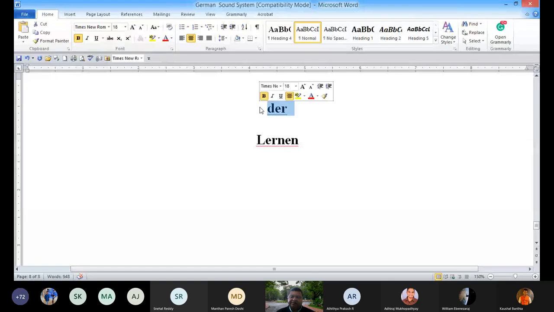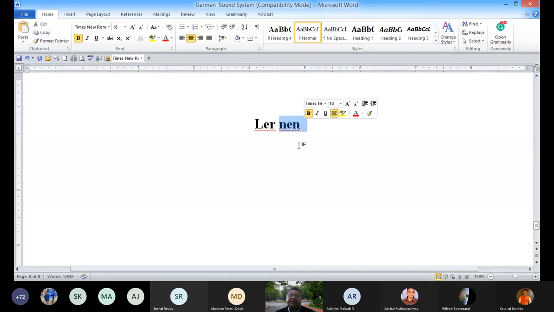Similarly here, the German word LERNEN. If you start pronouncing, you are breaking it like this: ler-nen. Now, when you break it into 2 syllables, as per rule, this NEN is the final, last syllable. And as I have given you the rule, a vowel is long if followed by a single consonant. So here after E, N is coming. As per the rule it should be long, but it is not the case.